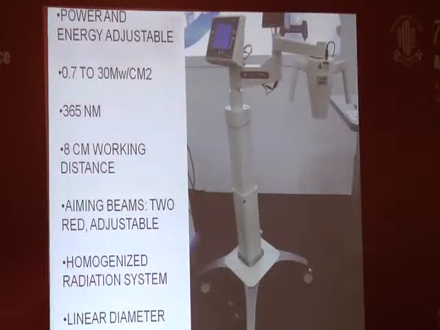So it's a linear diameter control, so you can actually increase and decrease the diameter as you would want. If you want to create a larger zone, you make it into a larger diameter. Or let's say you're doing a cross-linking for a corneal ulcer. You don't really want to expose this entire cornea to the UV. In that case, you select a smaller zone diameter and you expose only the area of the corneal ulcer to